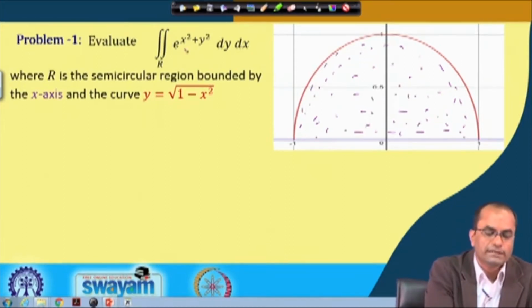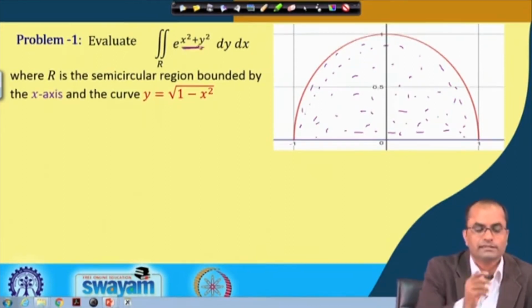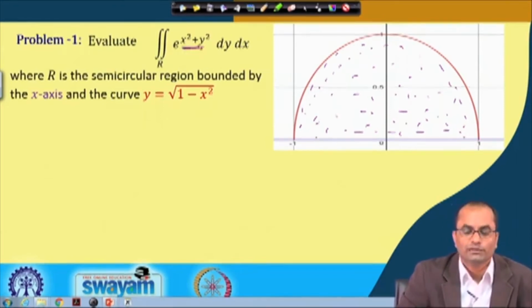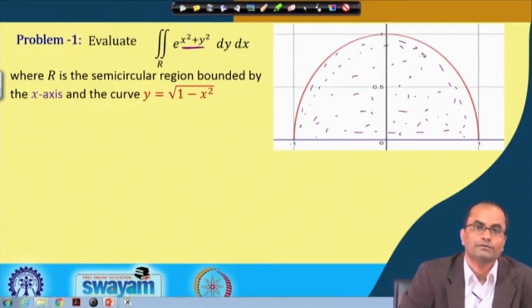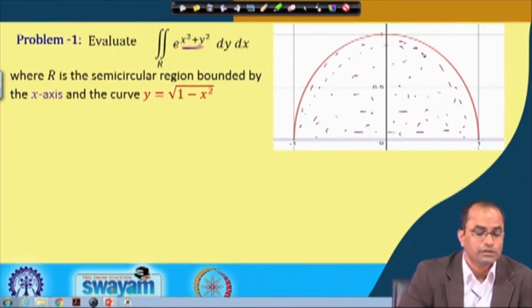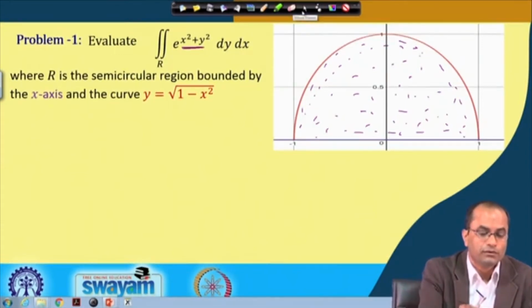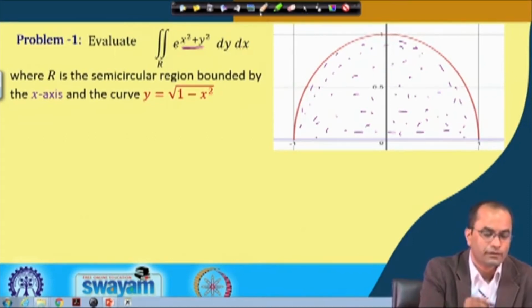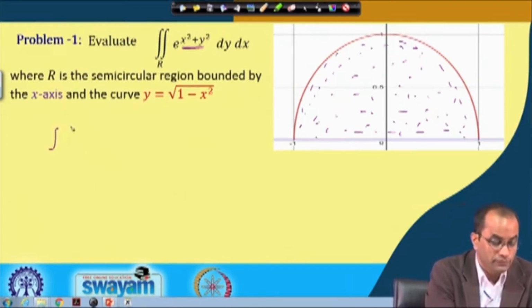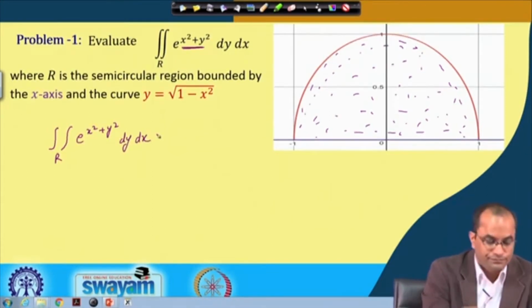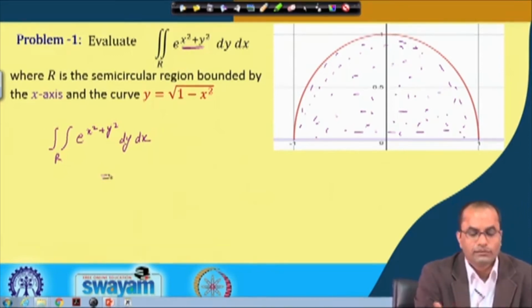Secondly, our integrand here has this term like x square plus y square. So, that will also make it easier for the evaluation of the integral. So, if we now compute the integral over r, e power x square plus y square, dy dx, here if we write it down in the polar form,